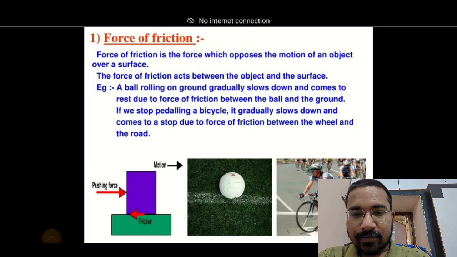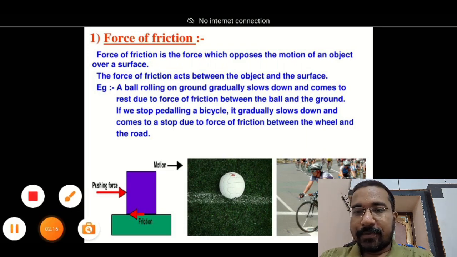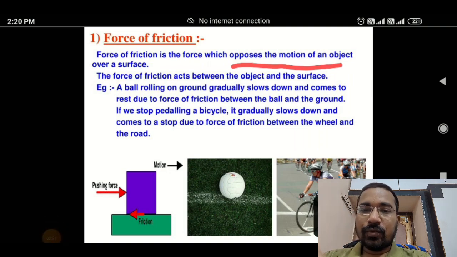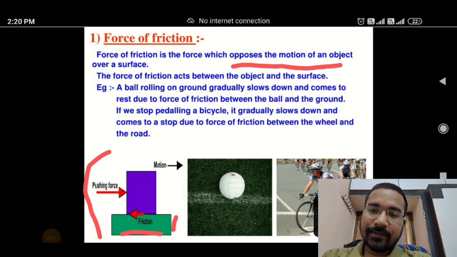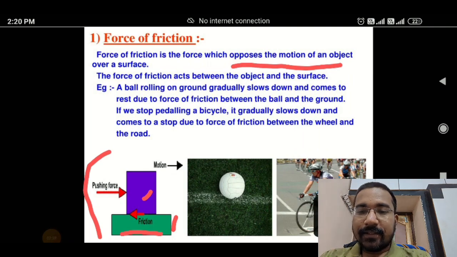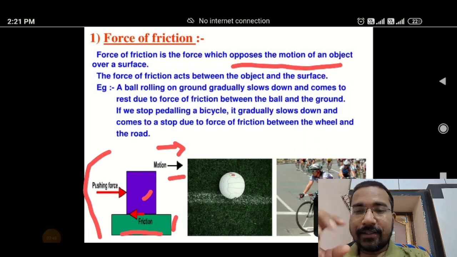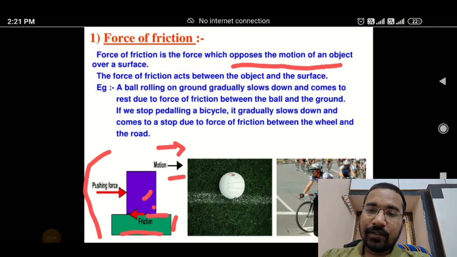So this is friction. Okay. So what is friction? The force of friction is the force which opposes the motion of an object over a surface. In this image, the green part is static, not moving, but the blue part is moving. So when there is a motion in this direction,